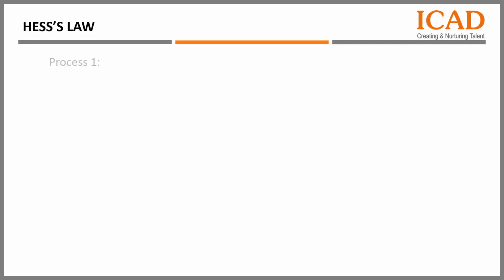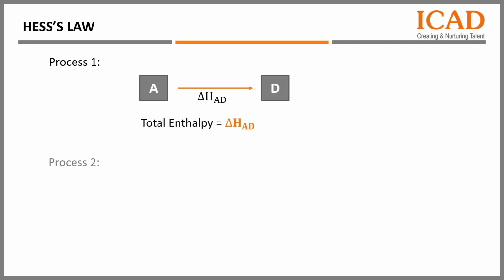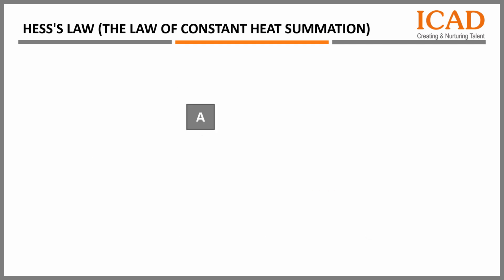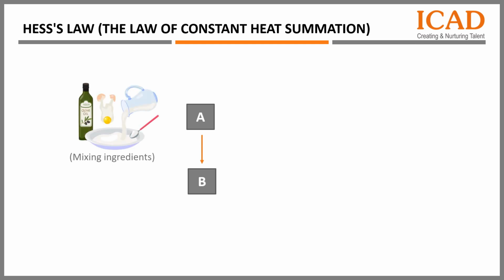We have a law to answer this question, Hess's Law. It states that the total enthalpy change for a chemical reaction is independent of the pathway taken to achieve the final products. In simpler terms, it means that regardless of the route a reaction takes, the total heat change remains constant. Think of the cake-making process as a series of chemical reactions, from mixing the ingredients to baking the batter